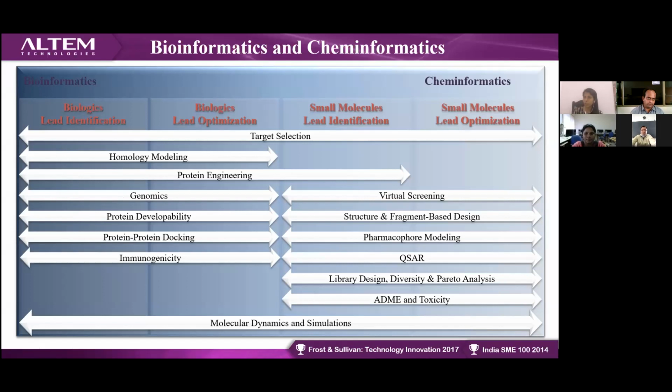Apart from that, protein developability here represents antibody complexes, and protein docking. If you have one protein molecule and want to see the interaction between two protein molecules, you go for protein docking approaches. Then there is immunogenicity. You have your antibody molecule and want to check how the antibody interacts with a particular compound; you can check through immunogenicity approaches. These are the things in bioinformatics. There are n number of fields available, and I'm representing only a few of the terms which are familiar to people.